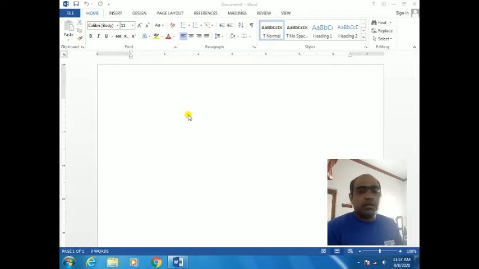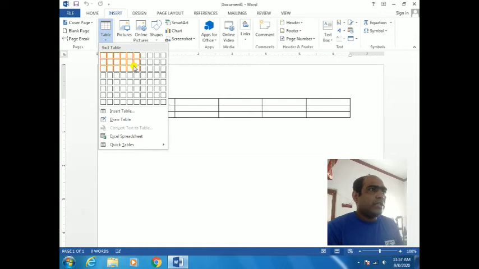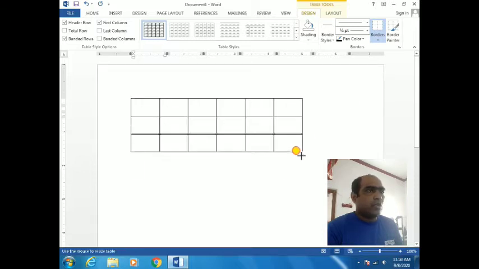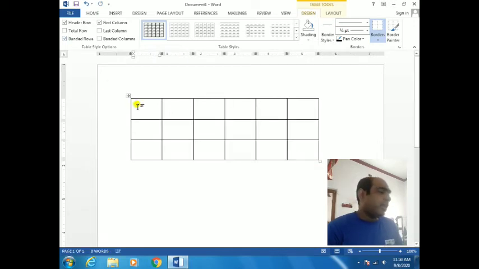Inside the table, I will store a few data. Clear? So at first, I will make the table. Okay, you can see I have drawn one table, that is 6 columns. I am making it smaller, okay, bigger size also I make. I am entering the data. I will make it a report card.